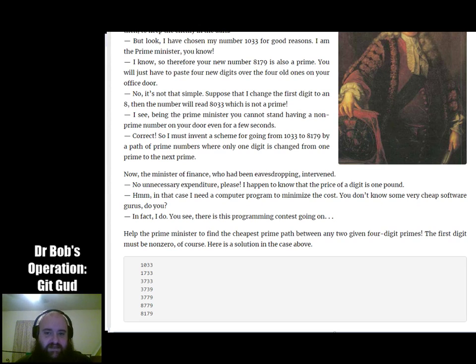And so the idea is, this is essentially another graph theory problem. The idea is every prime number from 1000 to 9999 is a possible number that can be on this door. And you can move from one number to another if they share exactly 3 digits. Okay?